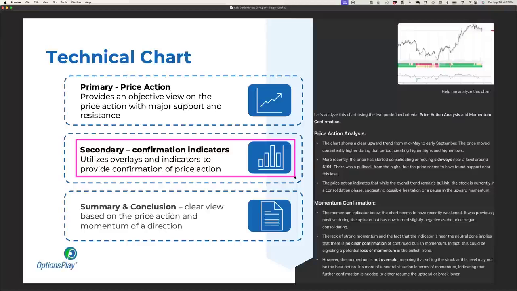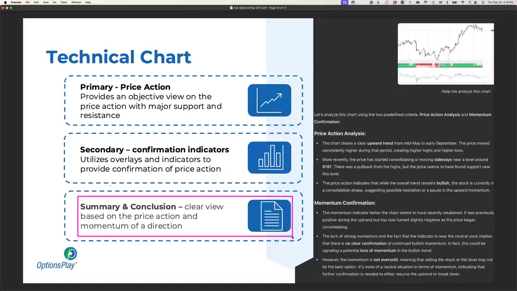So if you have a directional view from price action, we try to see if the indicators agree with that overall view and can confirm that view, and then provide a simple summary and conclusion, a clear view based on price action and momentum for the direction. So we'll break down a specific chart into the primary components, the price action analysis and the momentum confirmation. That gives you that conclusive, objective view on an individual chart, so that you're not adding confirmation bias into your trading strategy, which, like I said, is probably one of the most common,